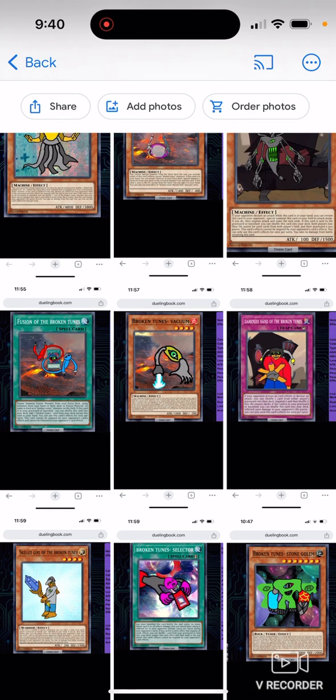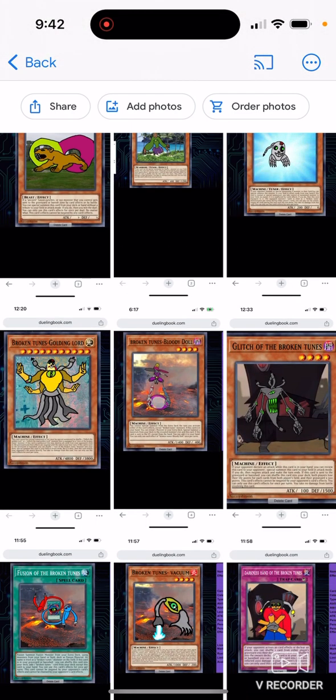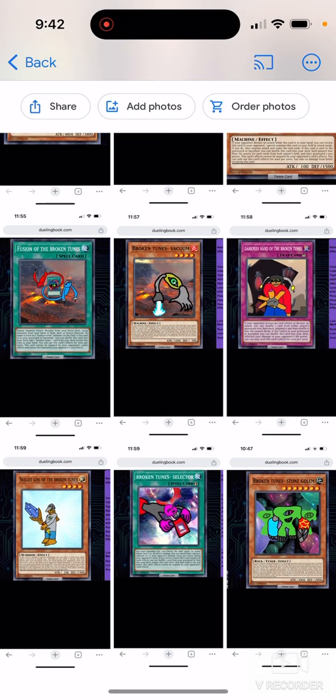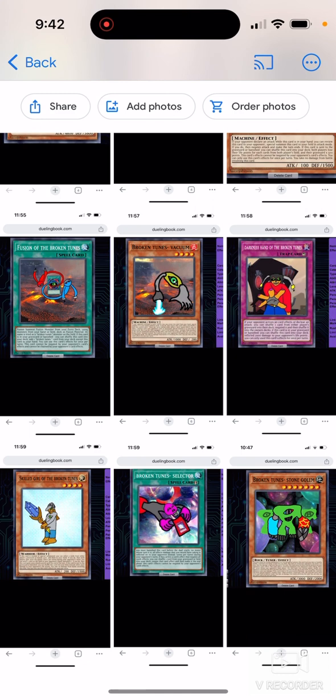So, yeah. And what it means is it is treated as if your opponent summoned him. So then we got the hand things, Darkness Hand of the Broken Tunes, where it is